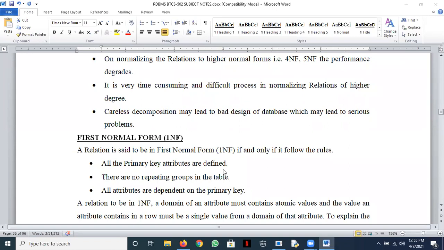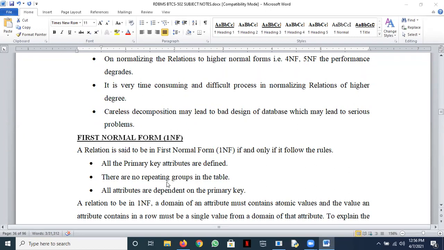Third, all the remaining attributes should be dependent on the primary key. For example, in a student table, roll number is the primary key, it is defined, and all other attributes depend on the primary key. So we can safely say that the student relation is in 1NF, or first normal form.